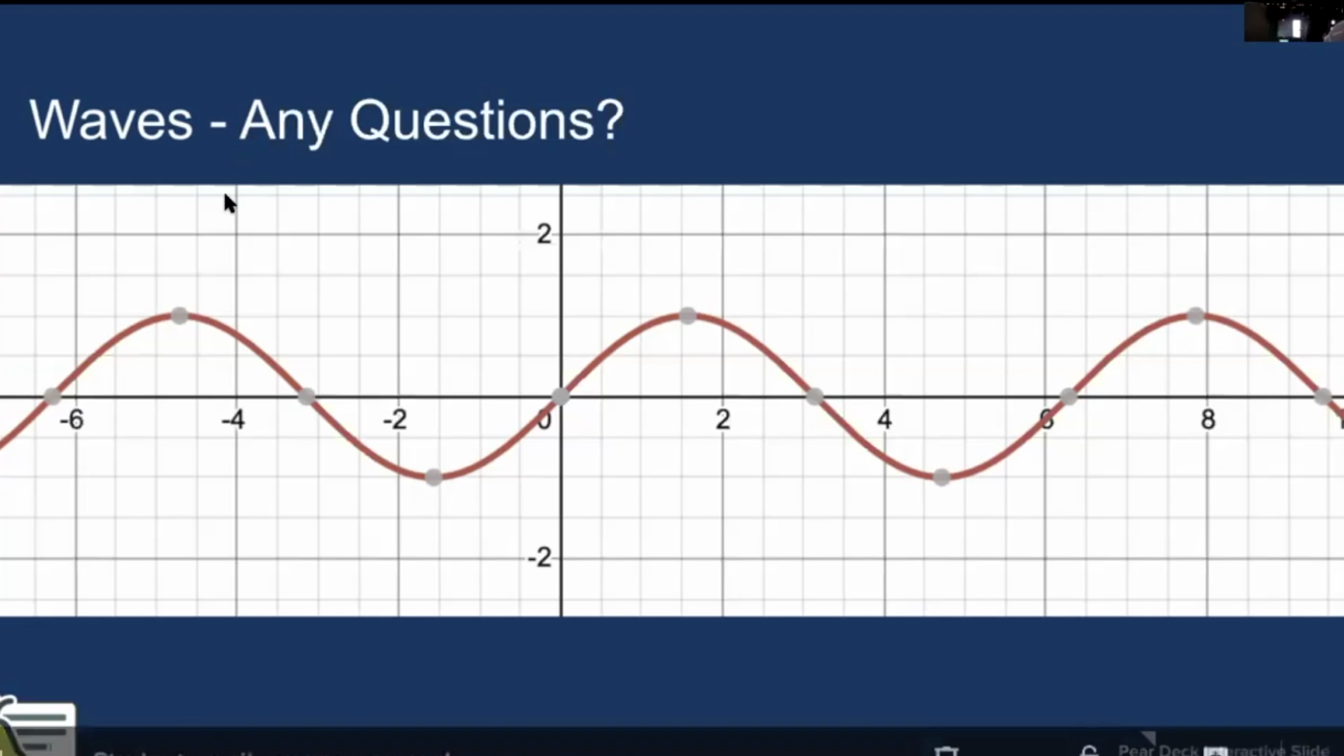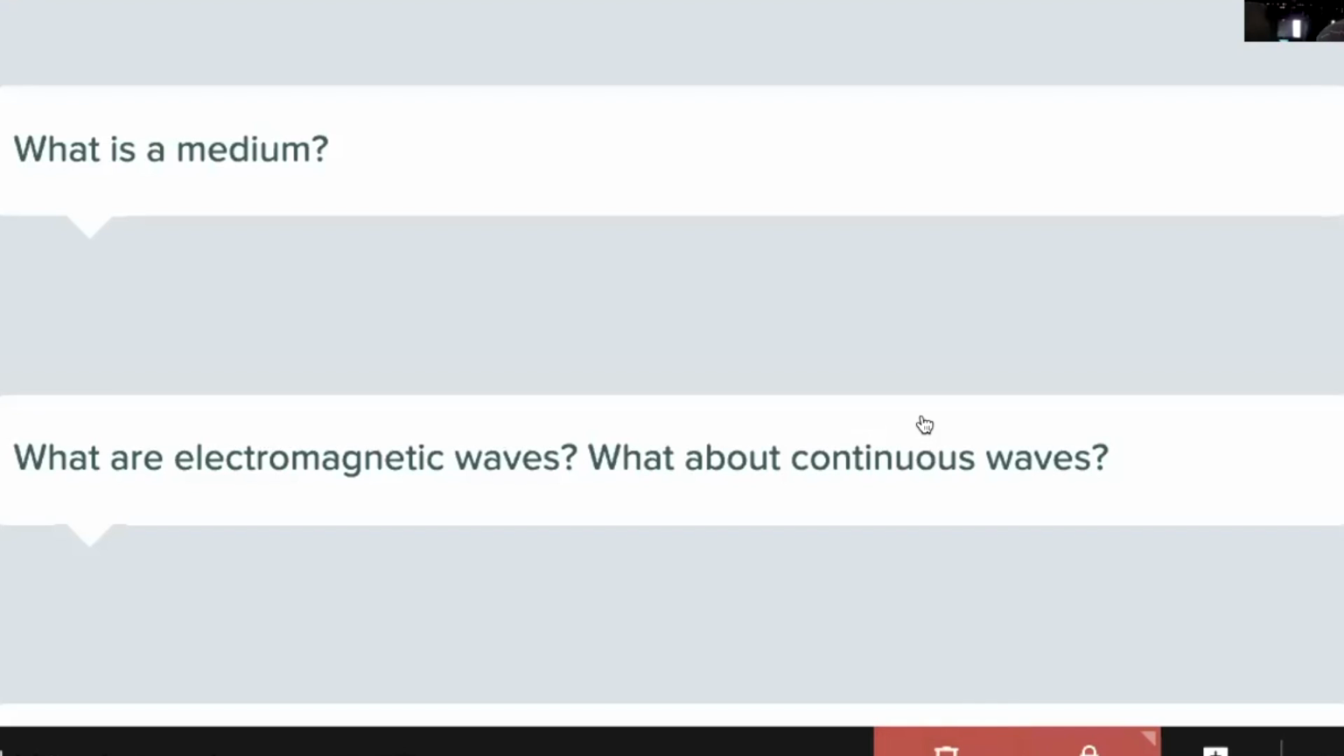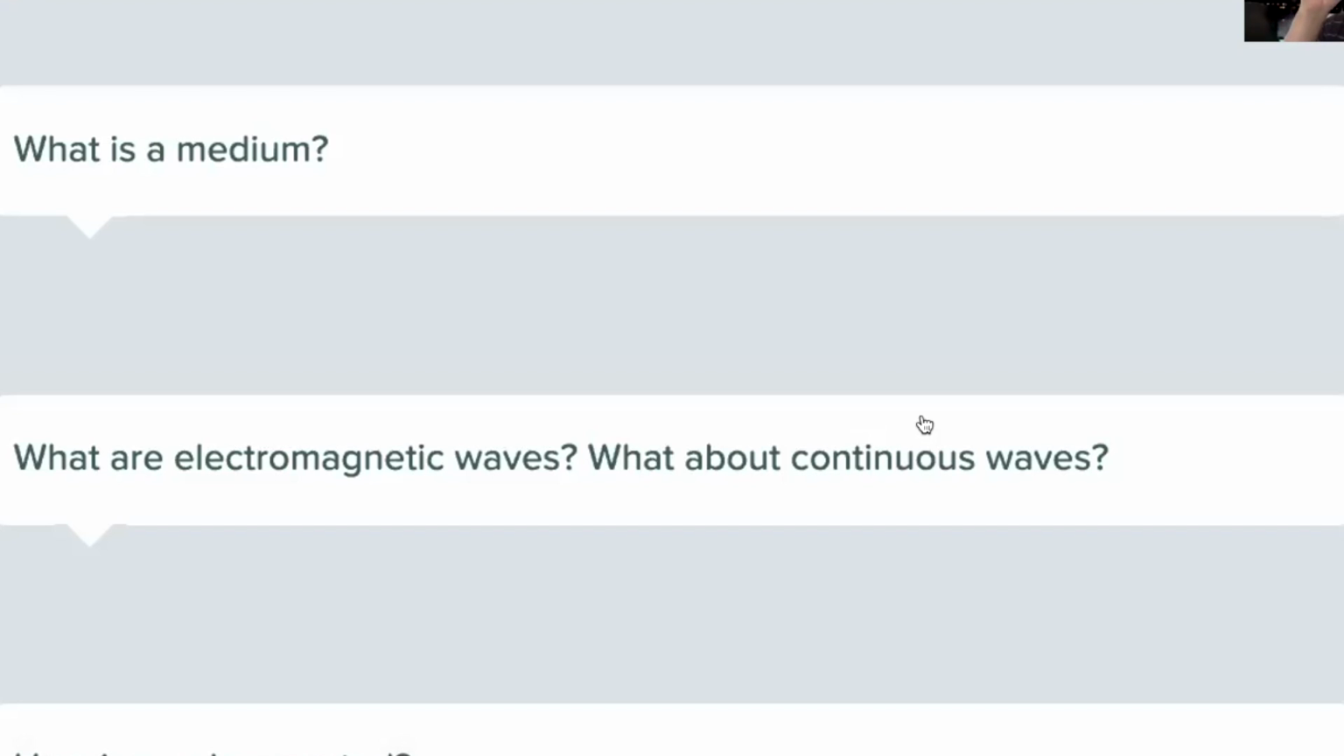All right, I'm gonna share these, and so I'm gonna pause you if you are typing, so we can focus on these questions. What is a medium? Okay, so a medium is the material a sound, or not a sound, a wave passes through. Okay, so